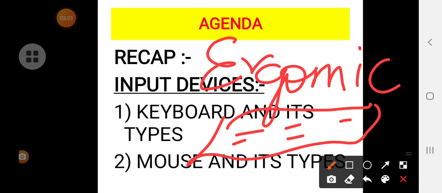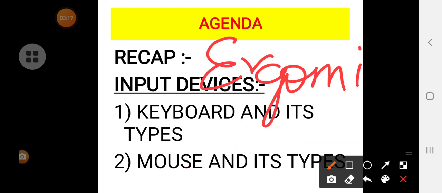For that we refer to it as an ergonomic keyboard. Here ergonomic means a study to reduce the stress on the muscles. So this was the second type of keyboard which we discussed.